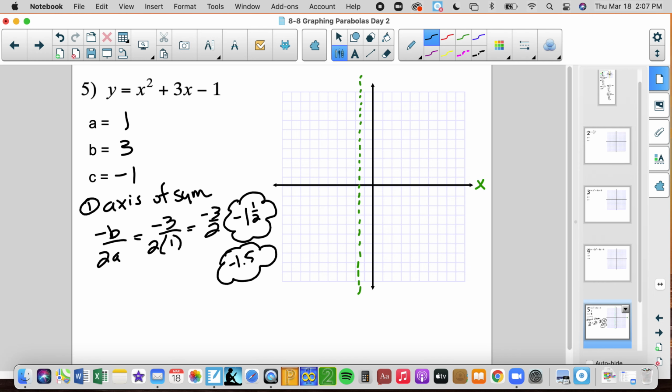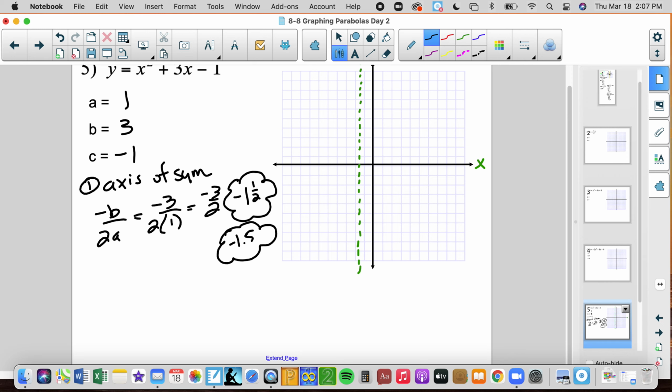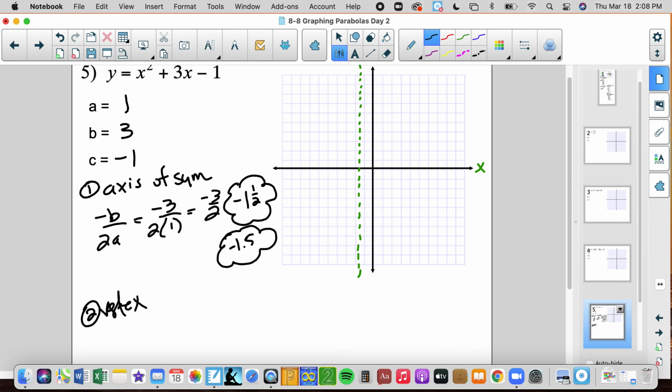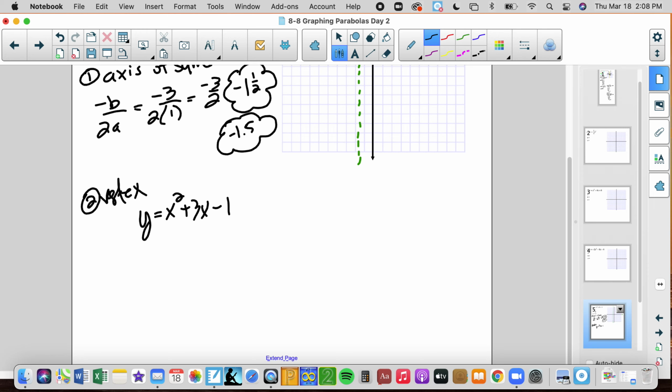So that is where my points are going to be reflected across. Now, second step is let's find the vertex. We find the vertex by plugging in -3/2 into this equation. So the equation is y equals x squared plus 3x minus 1. So let's plug in